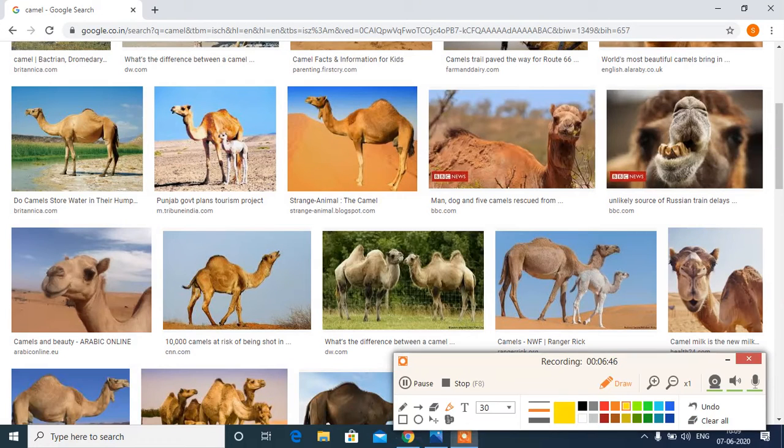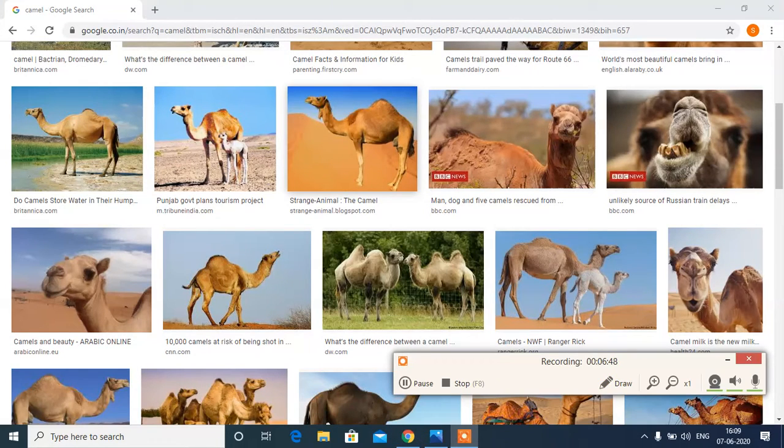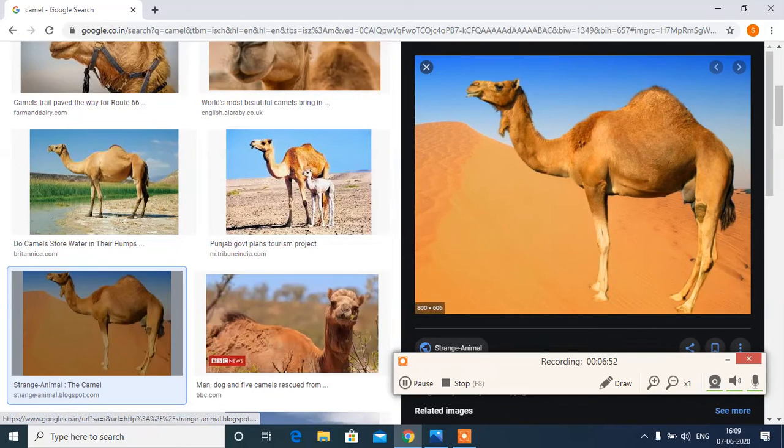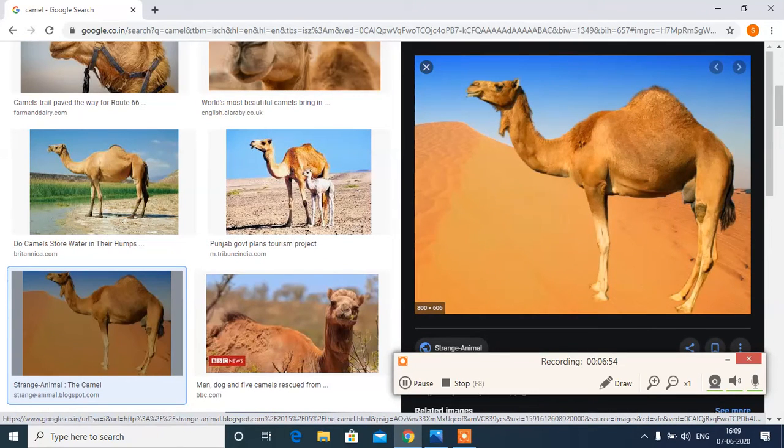To download the image, I just click on the image, and now it is open in the right side pane. It is in full size here. Its size is 800 by 606. So now I want to download the image.